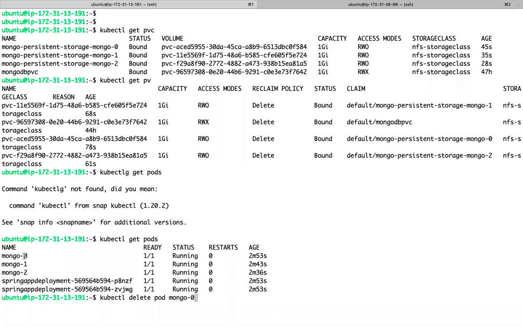And which storage will it use? Which volume will it use again? This volume. You will have a stable network and stable state when you go for stateful applications like a stateful set. If that pod is gone, you will get a pod with the same name, and that pod will use the same storage that it used earlier.